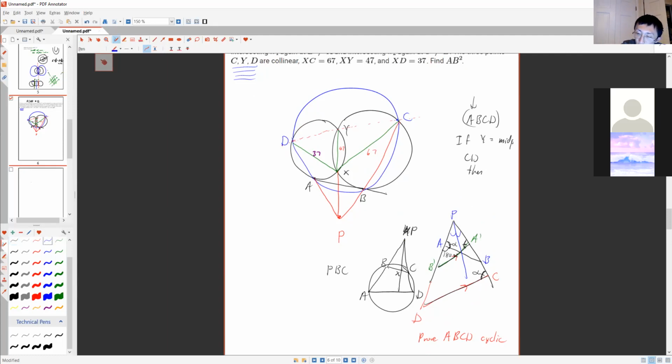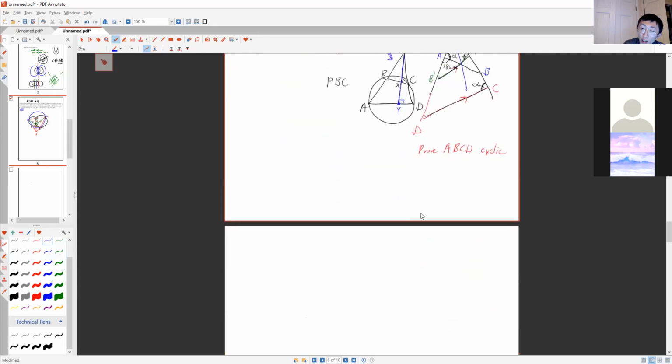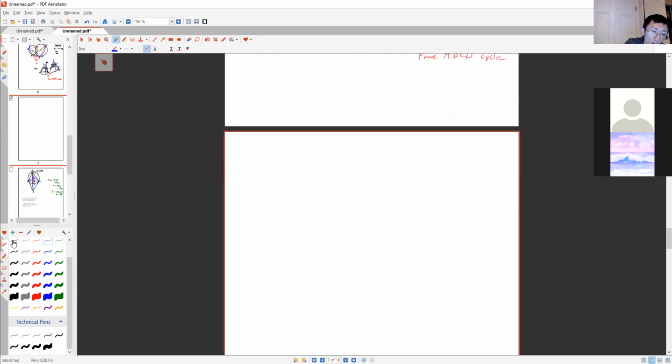So let's say I draw in this diagram the height from P to AD. Then I know that this line PY also contains the circumcenter of PBC, because here are some isogonals that are good to know. So if you have a triangle,